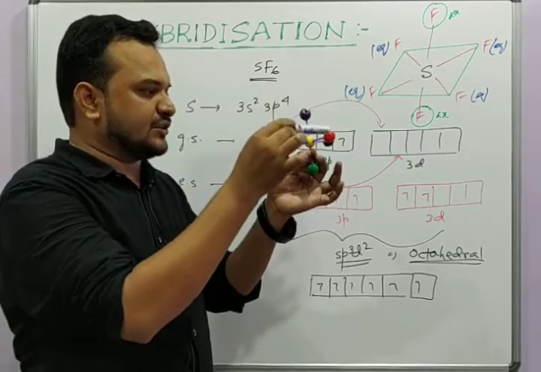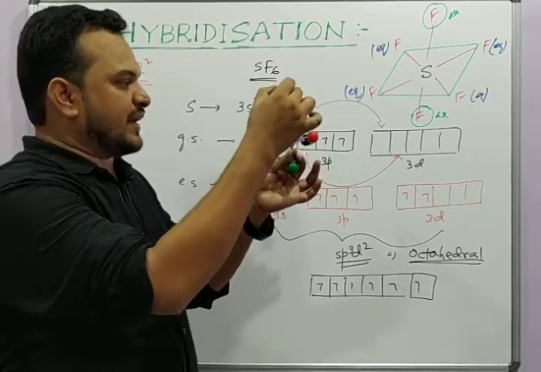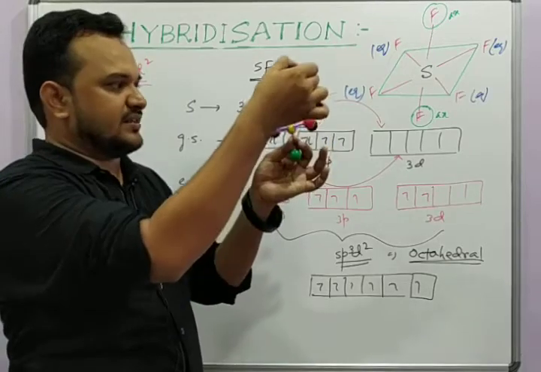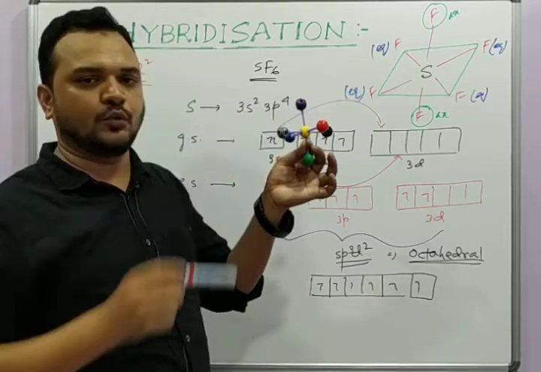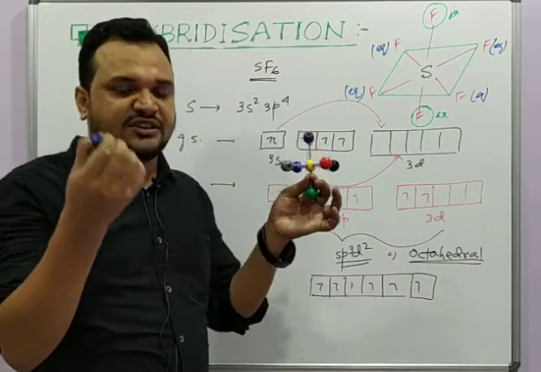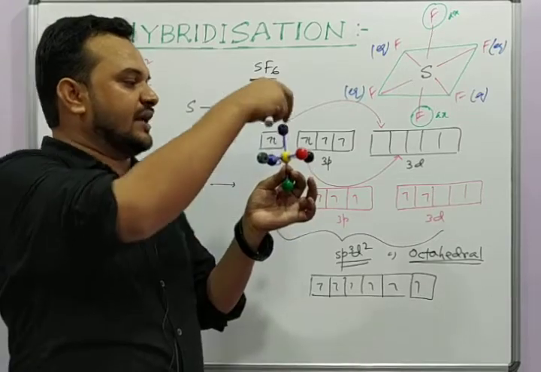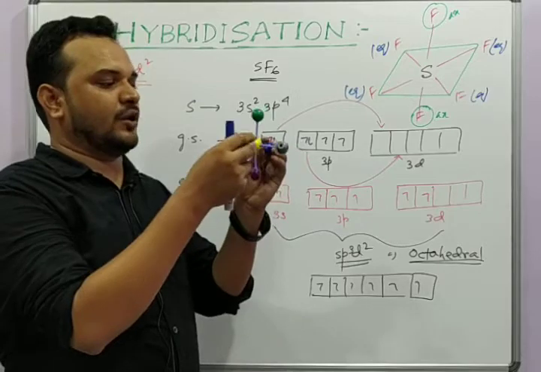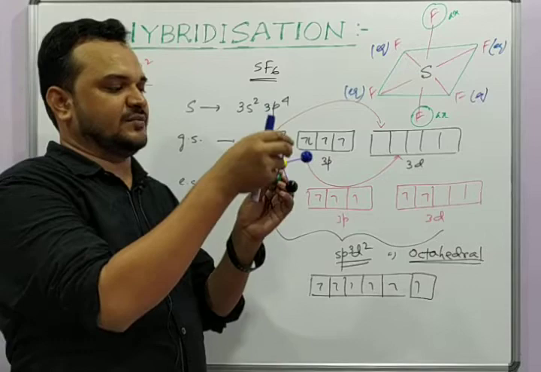So in that case these four will be the equatorial, these two will be the axial. Again you can add these four also, purple, black, green, ash color, that will also give you a square plane, and then this red and blue will become perpendicular like the axial. So it is just your angle of view which actually confuses you that two of them are axial, remaining four equatorial. See, I am not breaking the bond, but I can take any of the four as the axial, right?